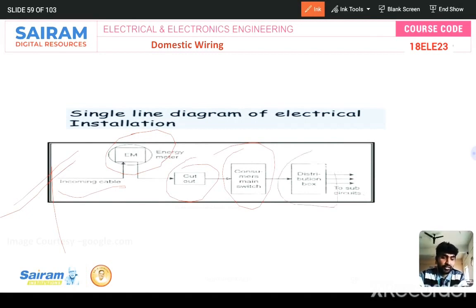And distribution boards, you can find distribution boards while entering the college. There are steps present, right, for the second floor, for the third floor. At the bottom of the staircase we have a distribution board for all the laboratories and all classrooms. Here there are sub-circuits. If you visit once inside the classroom, there are sub-circuits present. So that is sub-circuits. This is a single line diagram of an electrical power supply installation.